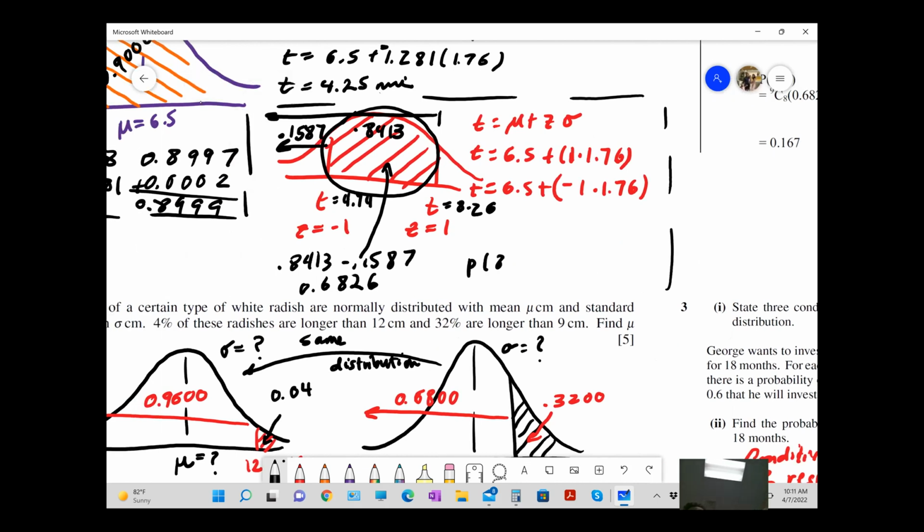So it's the probability of 8 plus the probability of 9. So we have 9C8 and then you have 0.6826